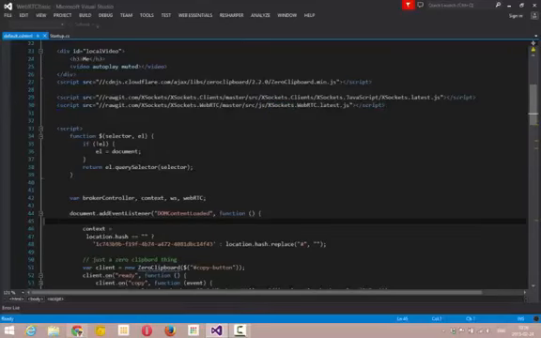As you see here, I'm just looking for if there's no value in the hash. Let's create a new context. This is a GUID, and if we have something in the hash, let's use that as a context. A context can be compared to a room or a space where one or more people can connect in like an isolated room. So by just changing the context, you can have several different meeting rooms or spaces